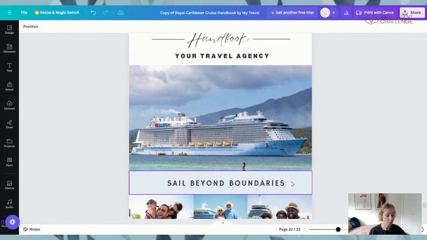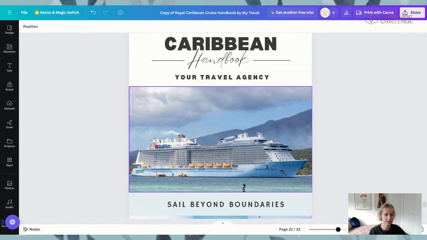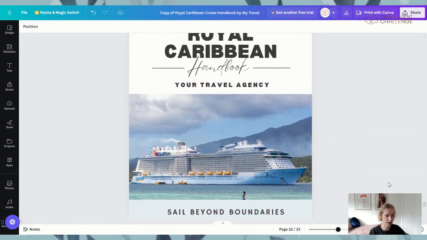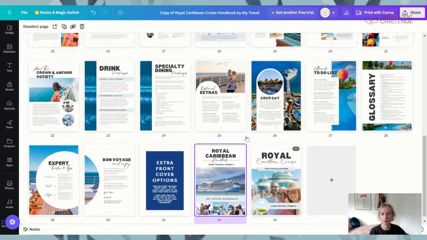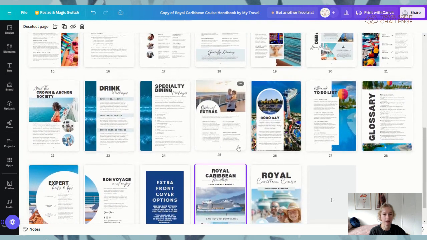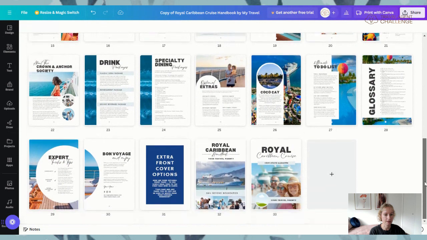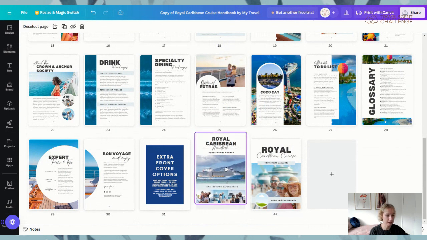And if you did want to, say, for example, use this page instead of the front cover that I already have, the way that you actually reposition those is, again, we come down to the grid view, which is behind my picture down here, and it's a little 4 squares. So when we click grid view, we can see our high level template, bird's eye view of it. So to drag this page from 32 all the way to the first page is we click, and then we